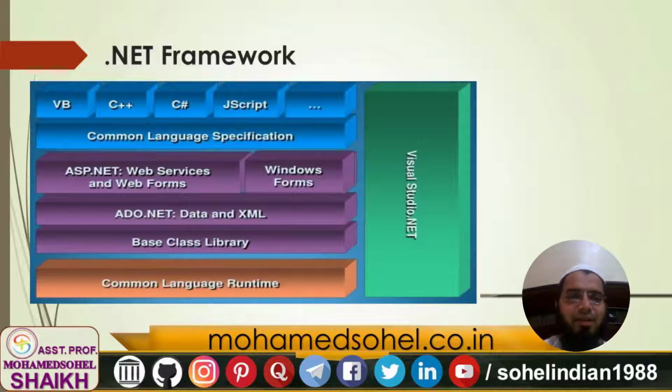Now the next layer is web forms and web services. In the previous session, I said that the .NET framework is one type of software environment that helps in creating, deploying, and executing three types of applications. First of all are desktop applications, or we can say Windows applications, which are covered in WinForms. Now the next one is web forms and web services. In this layer, we can create two types of applications, web forms and web services.